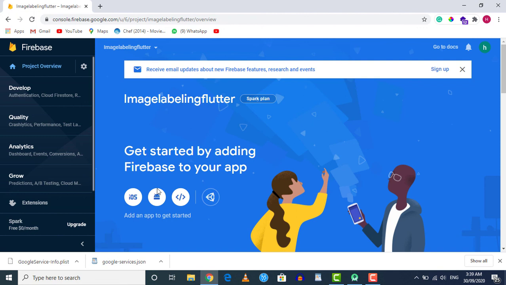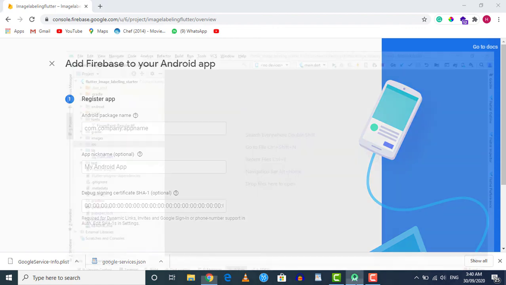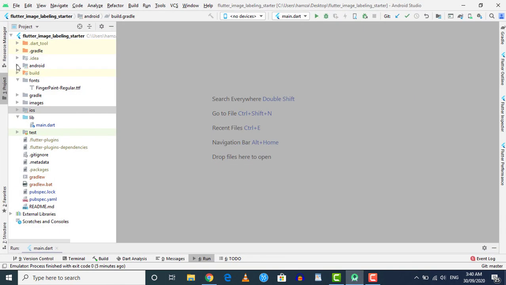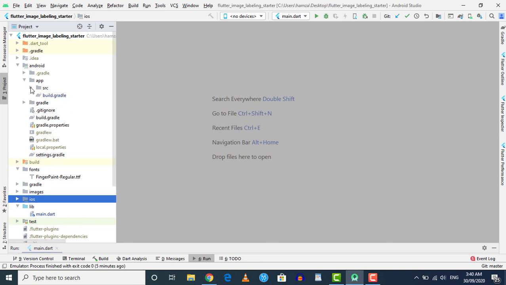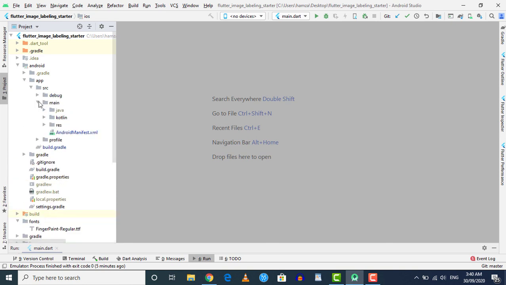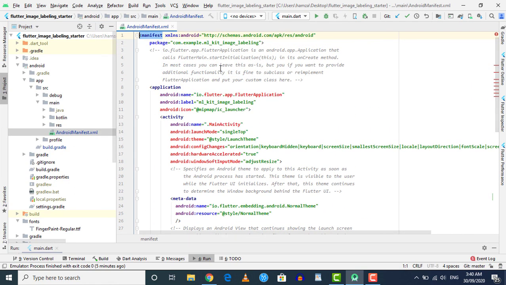So firstly we will do it for the Android application, so just click on this Android button and it's going to ask you to provide your Android package name. So we will get it from our Flutter project, so move back to it and expand this Android section, and now expand the app folder and go inside src and main. There you will see the AndroidManifest.xml file, so just open that file, and at the top you will get the package name. So carefully copy this line because it's our package name,